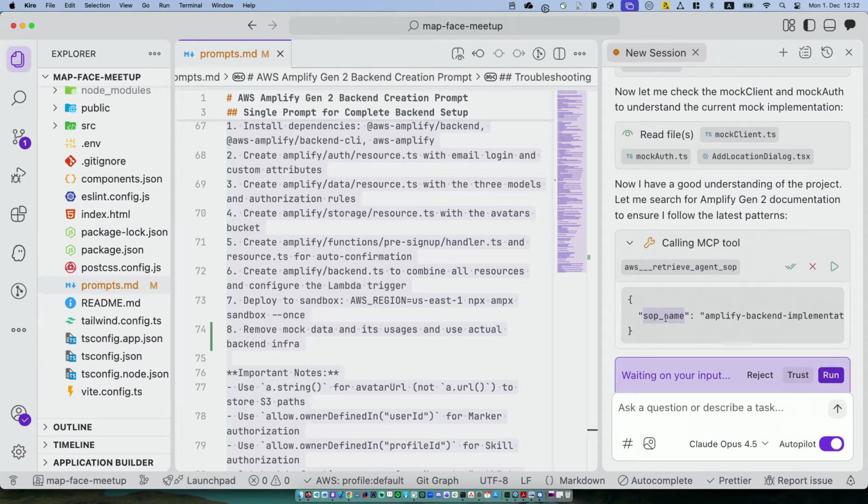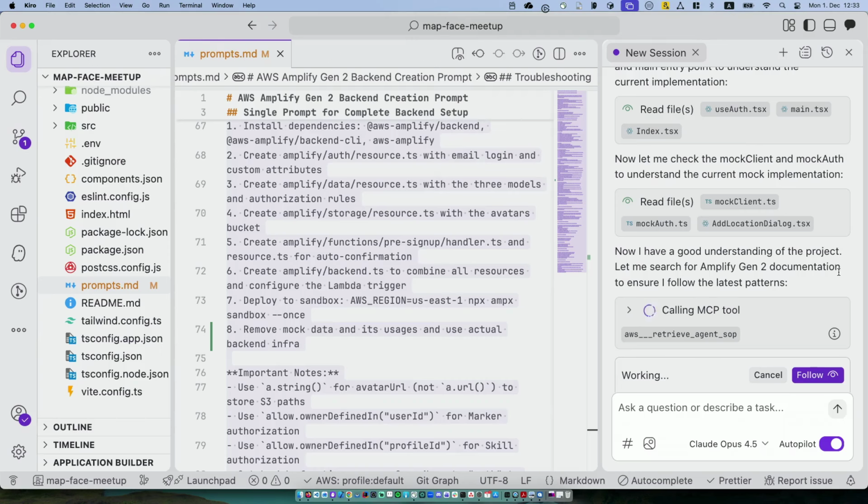This SOP is one of these profiles or procedures that allows you to build these applications. And in here, we have the Amplify backend implementation that I mentioned earlier, and it is calling them directly. So I will just call it. It will get that information and showcase it directly.